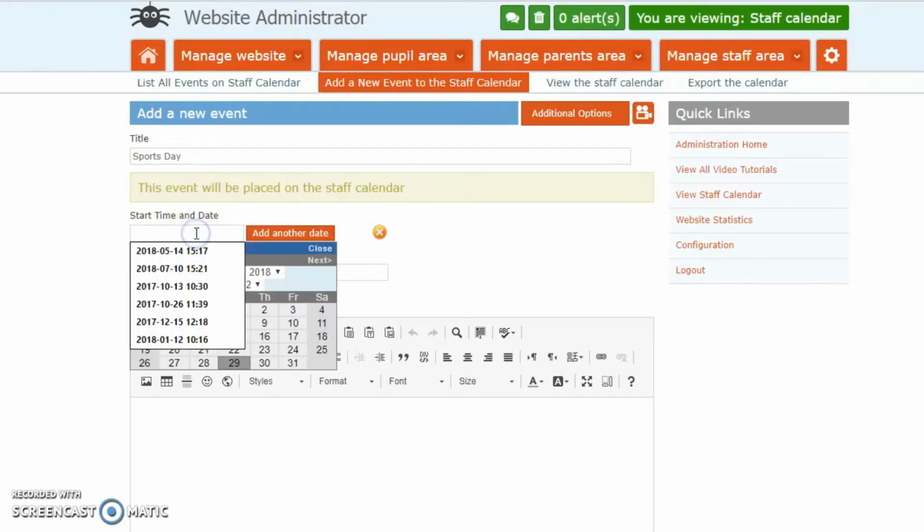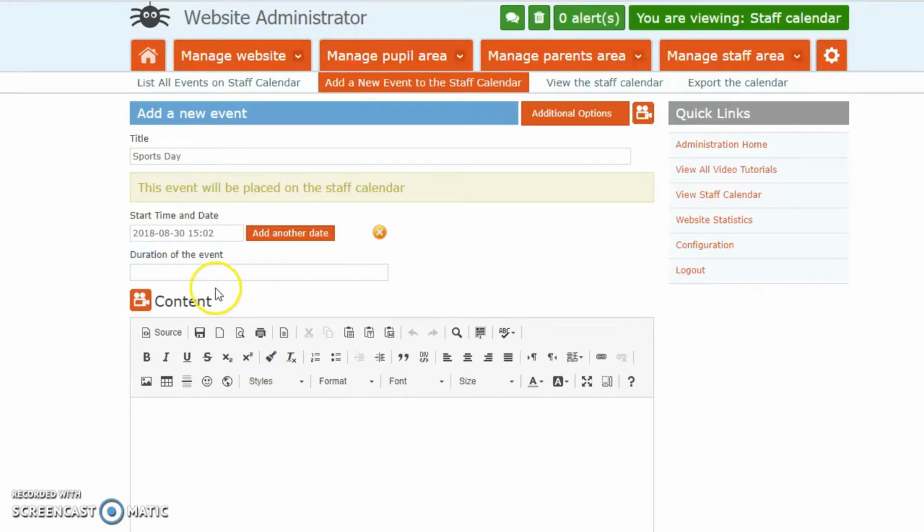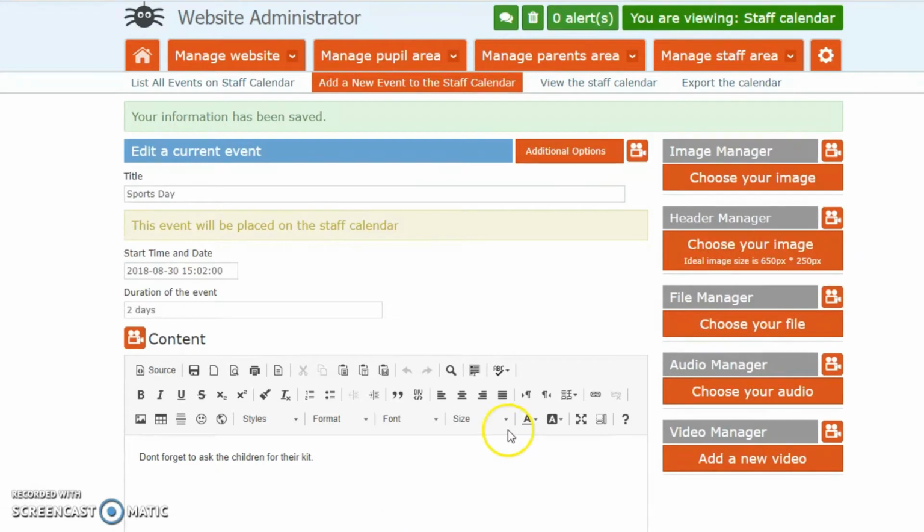You can add a start and time date, duration of the event, so 2 days. You click active and save. Again, it will show you the media center on the right hand side, and you just want to click save